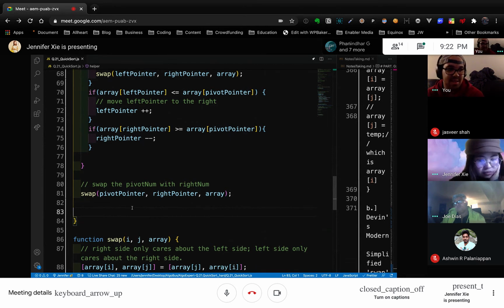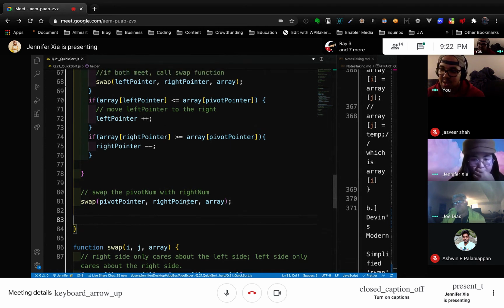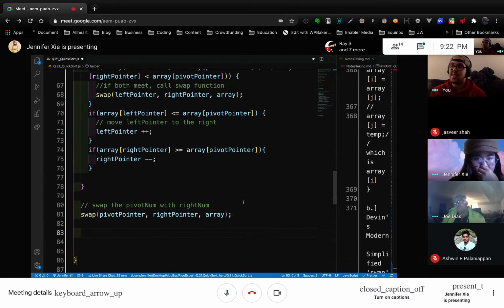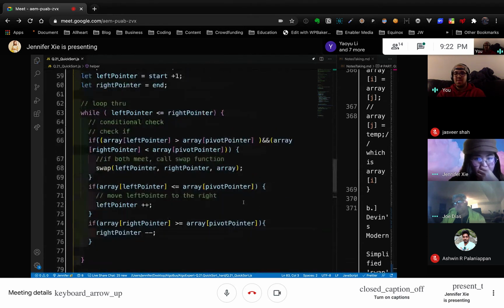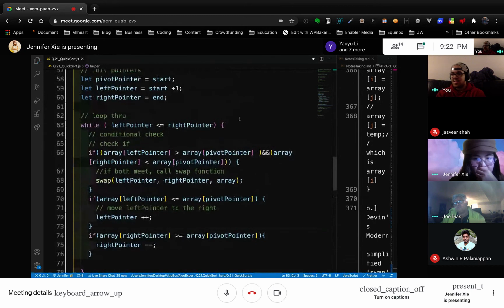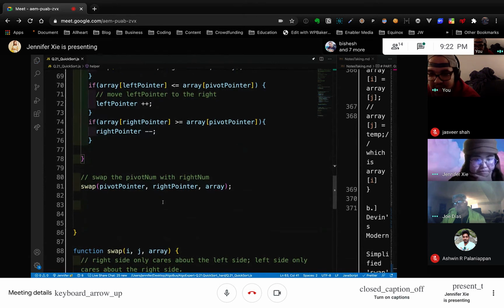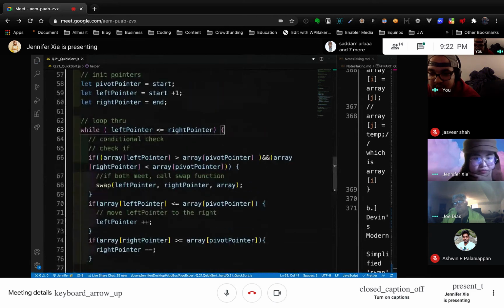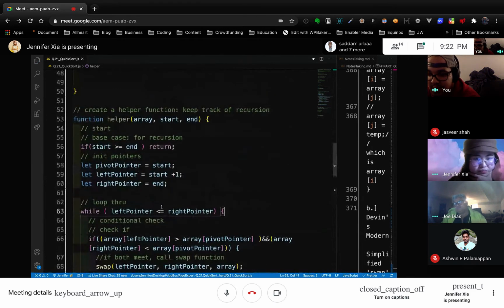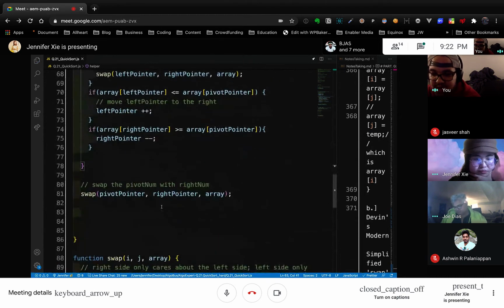Basically, yes. And we have to determine which part of, wait, no, our pivot number. Okay, no, you're making me think too far ahead. So now that we've got a portion of our array sorted, now we're basically going to